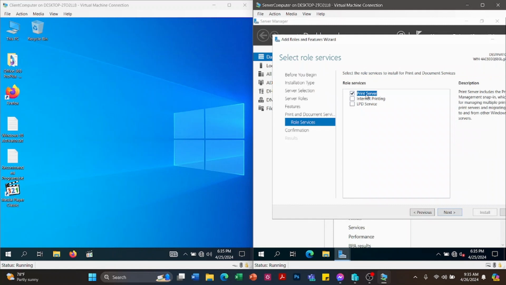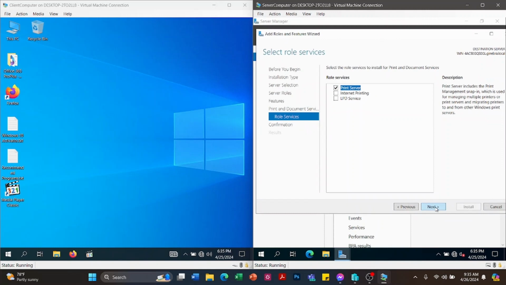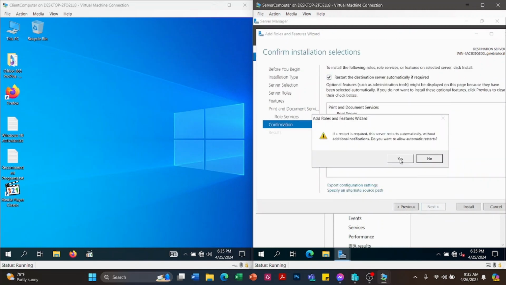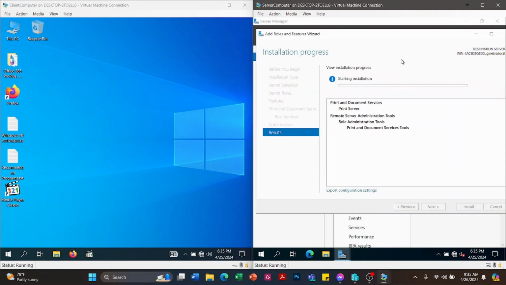Okay, so make sure that the print server is checked, for us to install the print server manager. Okay, so next, then check the restart checkbox, yes, then install. Okay, so let's wait for the installation.